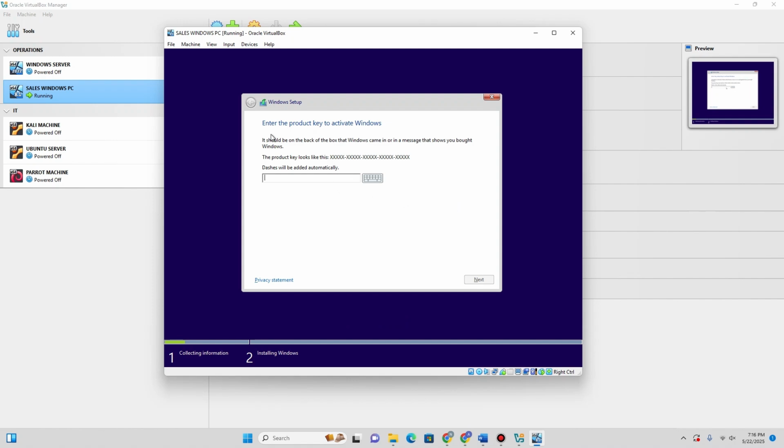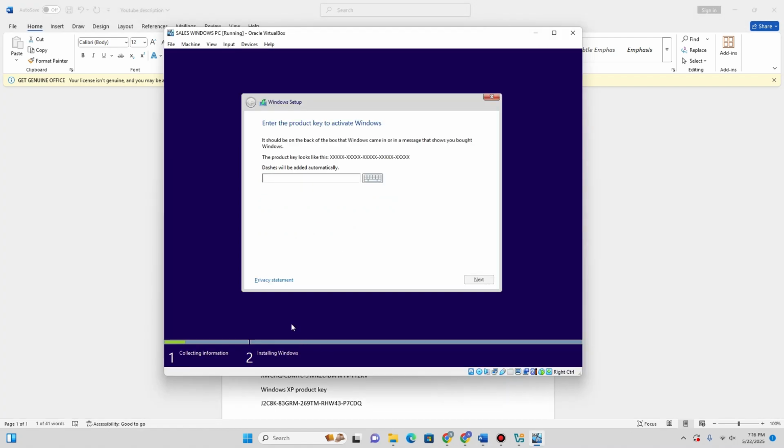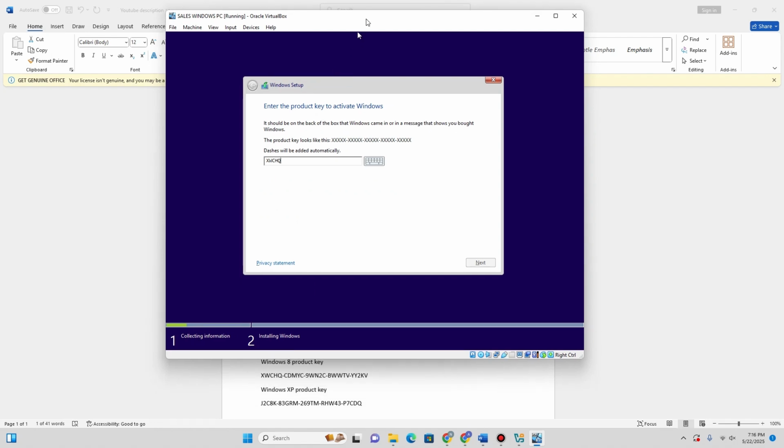So now the next thing is it says enter the product key to activate Windows. So how do we do that? If you go to the description, you'll find the product key, which I have embedded. So this is the product key. So you have to put it one after the other. So I have XWCHQ. And